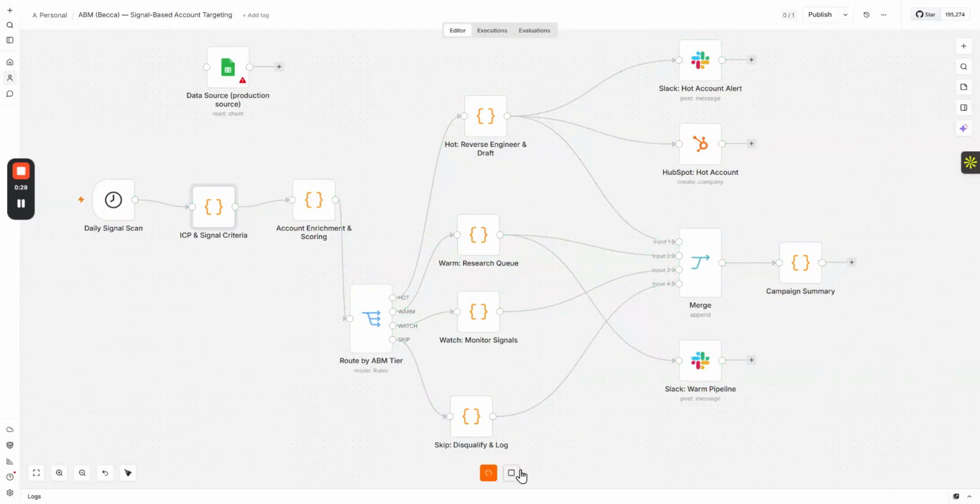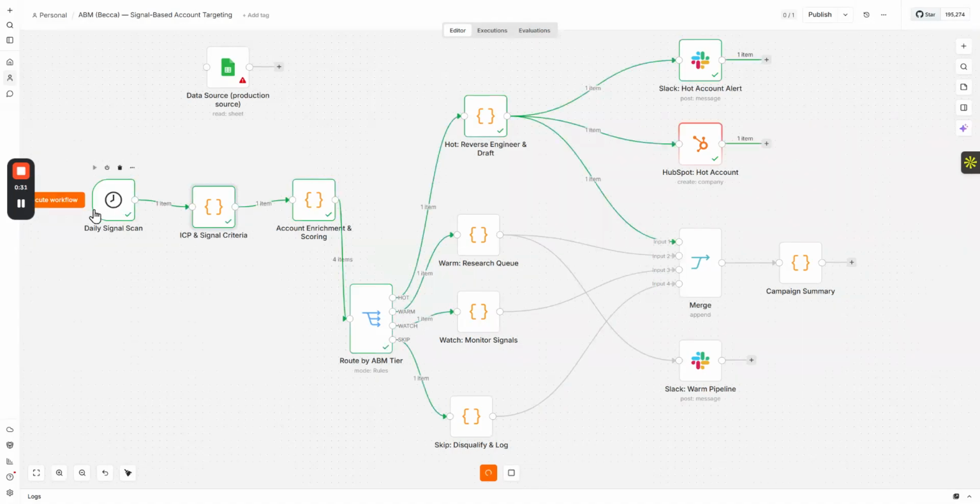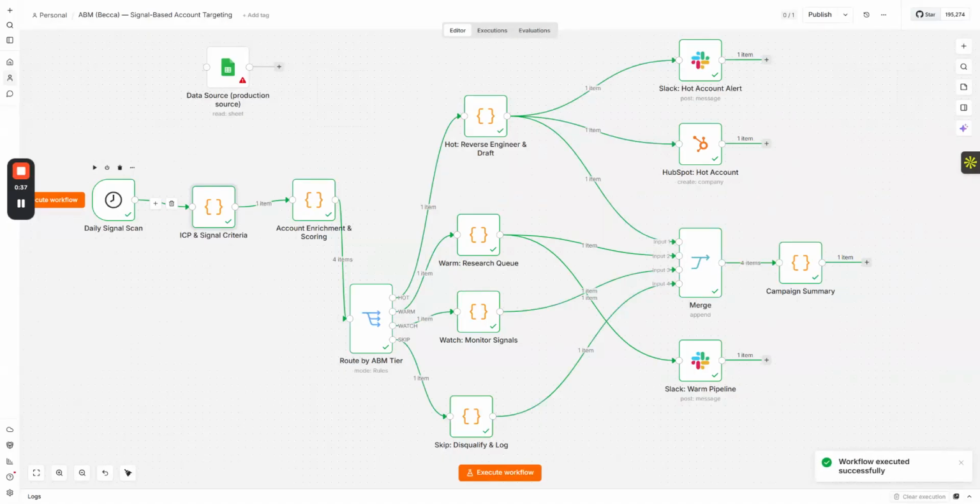So first, let me run this workflow. For this workflow, this is the first node. This first node is scheduled to run daily. It automatically runs every morning at 8 a.m. to trigger this workflow. Now, in an actual production environment, after the daily signal node is run, this should be